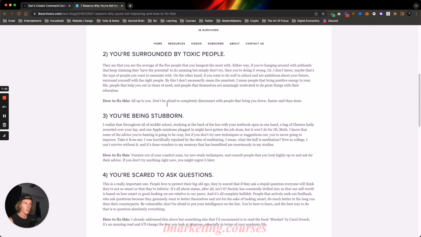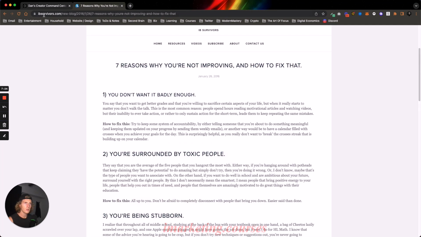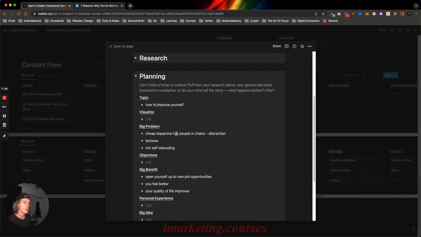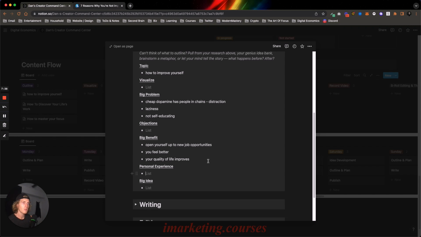And you're not writing this same article. You're using it as inspiration for your own take on these, because the ideas are the same, but the way that they're presented is what's different under your brand, right? That's what makes it unique. So you go through this, you fill it out, you tap into personal experiences.